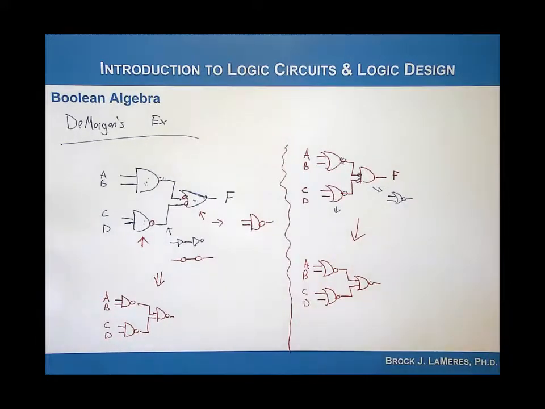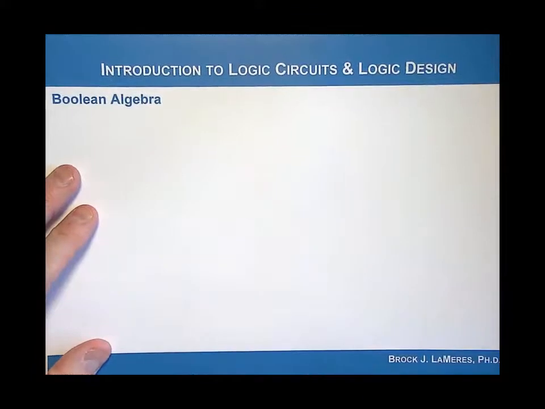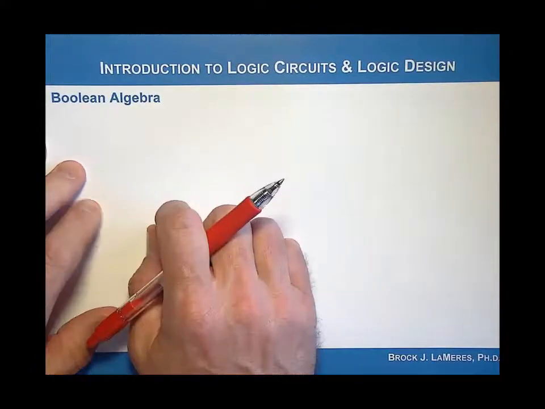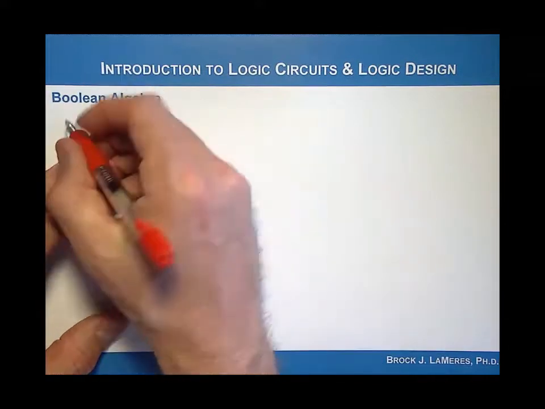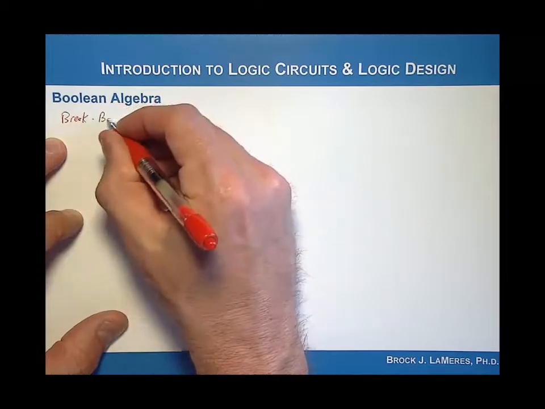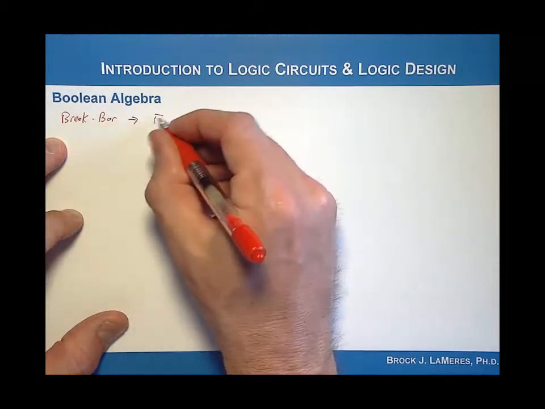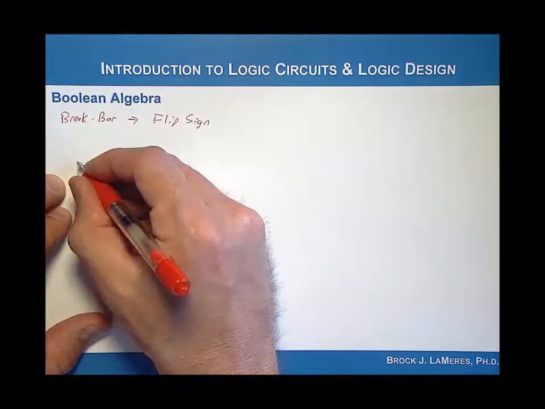One final thing on De Morgan's is that there's an algebraic way that De Morgan's is implemented, and it's called breaking the bar and flipping the operator. So let's take a look at that, because this is commonly used when you manipulate logic expressions algebraically. So the rule is: break the bar, flip the sign. And what that means is that if you ever have a logic expression such as A ANDed